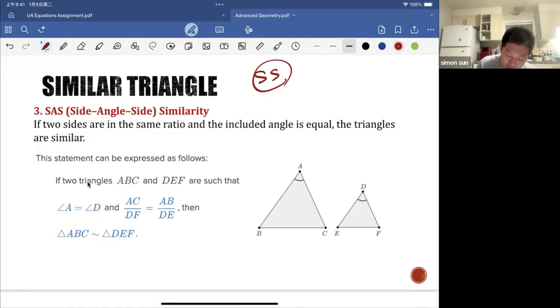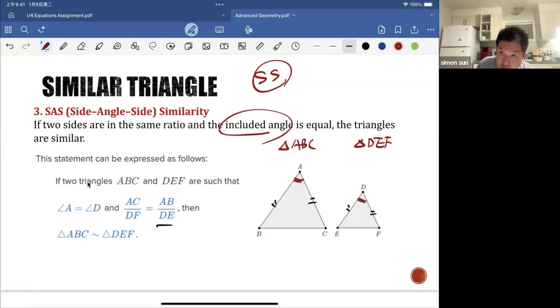Take a look at this one. The triangle ABC and the triangle DEF. Now the given information here is AB over DE is equal to AC over DF. The two corresponding sides, the ratios are the same. And we have one more condition here, the included angles. This is very important. The included angles are the same. Angle A and angle D